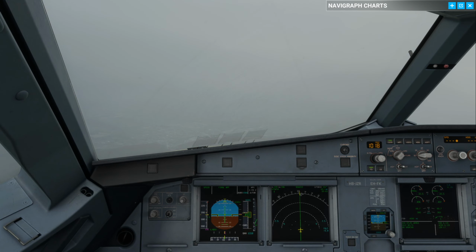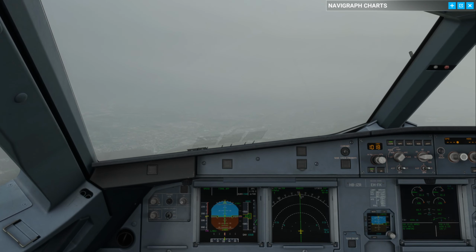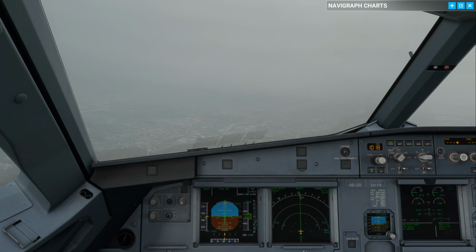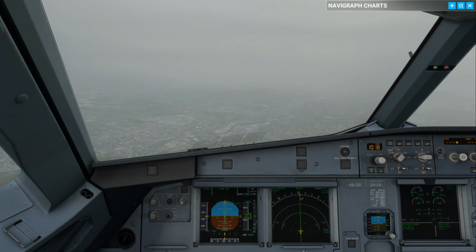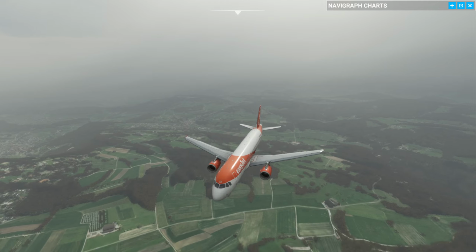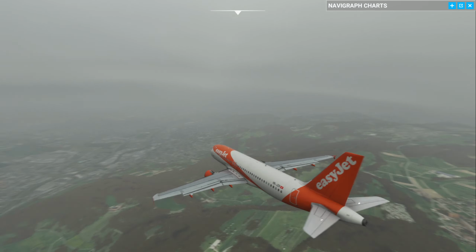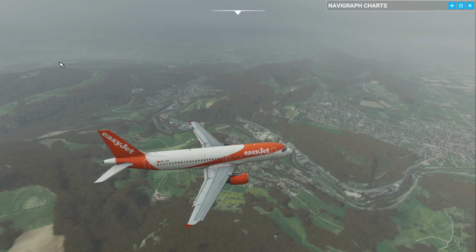I'm going to set flaps 2. We're still looking for the runway, we don't yet have that in sight, and that'll be as a result of this cloud layer here. As we get closer to the ground, we're going to see more forwards, as we're kind of stuck in a weird thing above. So I believe we're now coming over some hills here. So this is a lovely valley, the Rhine Valley in